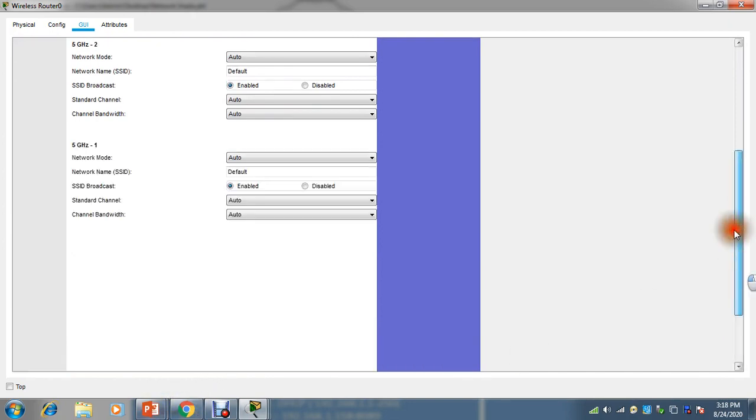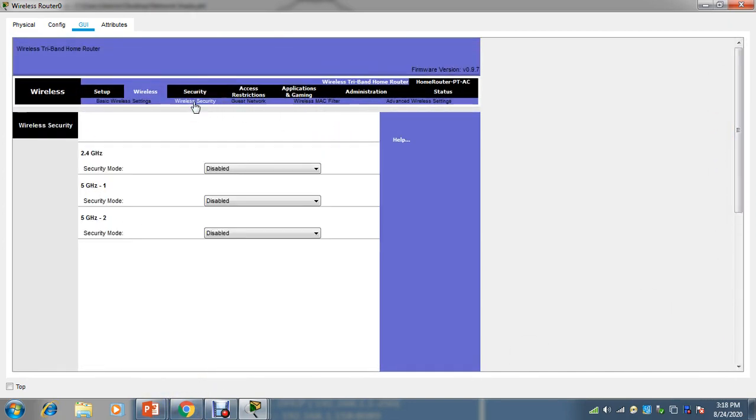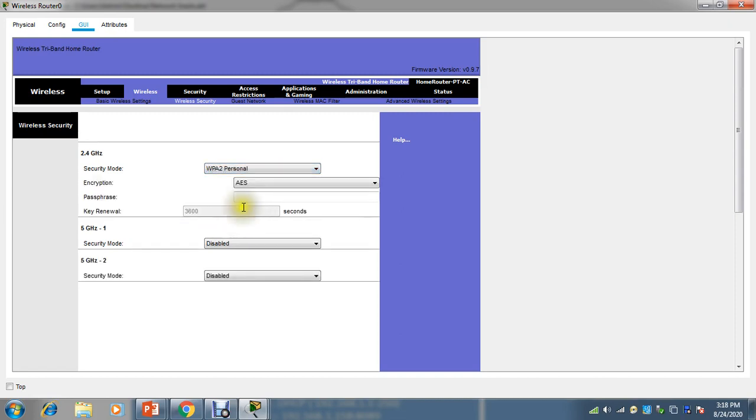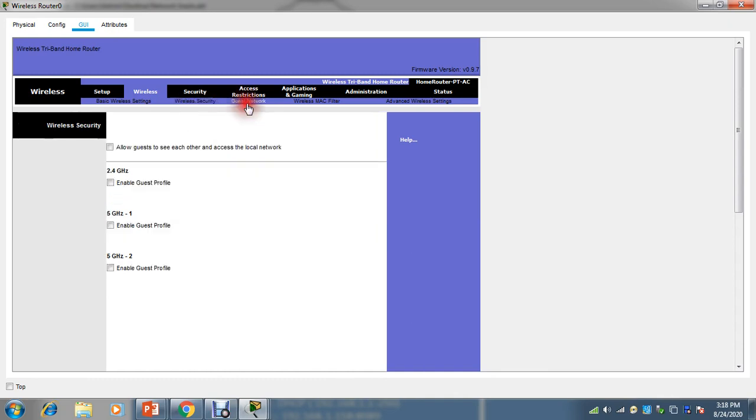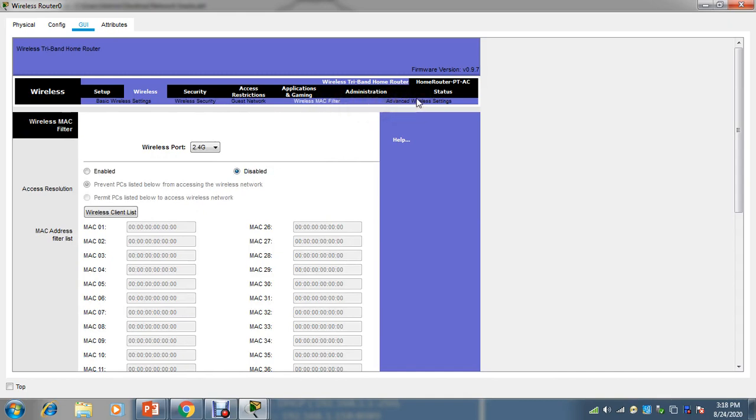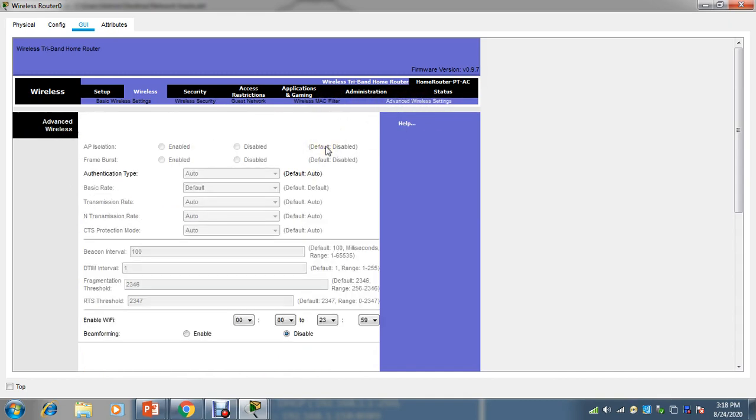Next, you can enable security here, like the security mode, if you want any security. So I'm using WPA Personal. Here I will have to create the encryption. It is also asking for the encryption key here, and the key interval, a couple of things. This much. Now go to guest network. Leave this as it is, we don't need to configure anything here. And this is once again the advanced wireless setting, so leave it as it is, nothing to do here.